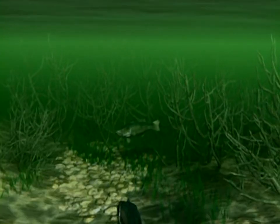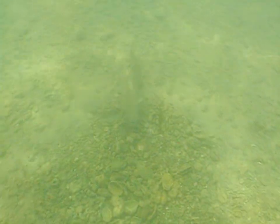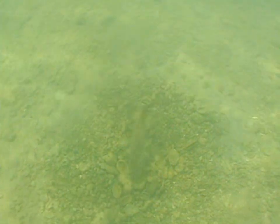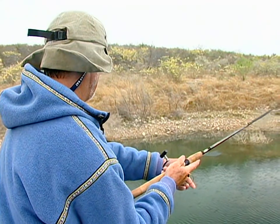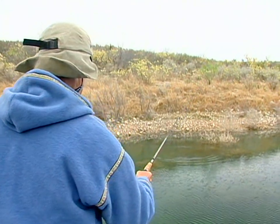Your bait has to go where potentially that fish has put its eggs or it's going to put its eggs, because that's what it's going to defend. It's not going to defend the whole area. It's going to defend that little shiny area where it intends to lay its eggs. See, because there's times I look at him, he doesn't look as big. But then there's times when he looks like he...